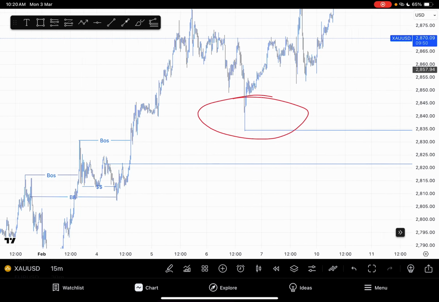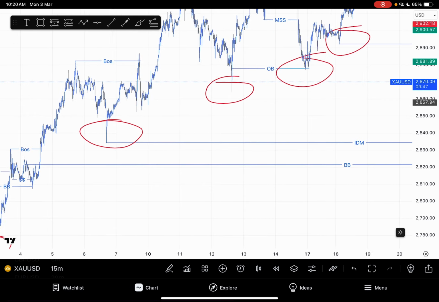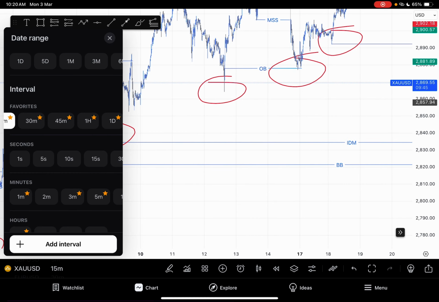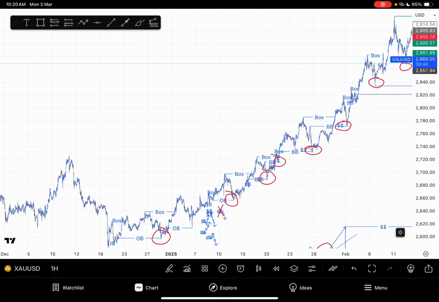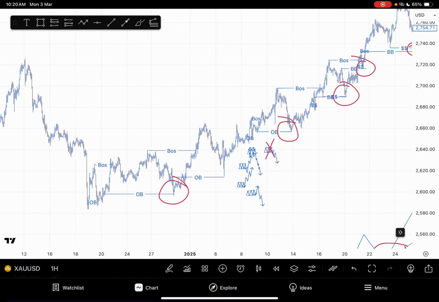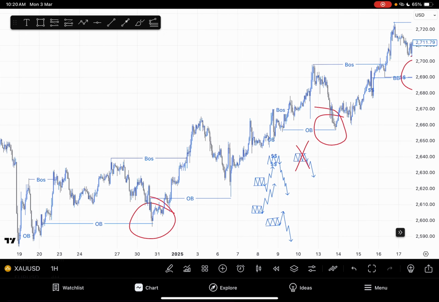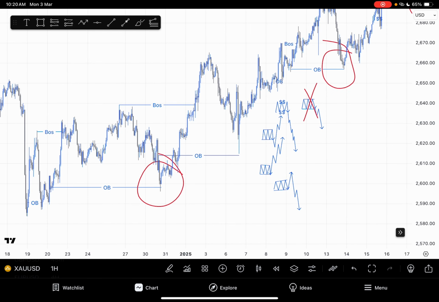So remember, on every time frame there is a break of structure. The way you mark your break of structure will also determine the kind of setups you always get. If you mark your break of structures on the daily time frame, or the 4-hour time frame, or the 1-hour time frame, your setups will probably be on that time frame, and most times you cannot spot your entry on those time frames. So what you do next, you move to the lower time frame so you can spot your